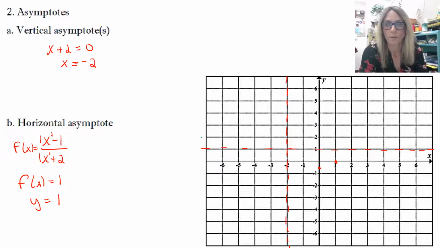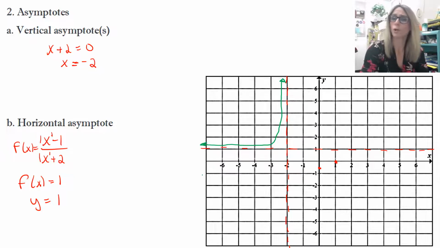Because the values are positive, we want to get close to our asymptote. I'm doing the best I can here. So it's going to look something like this. We are getting closer to the asymptote, so do the best you can there to get close. Notice those values are positive and they approach the asymptotes. On the other side, we do have to go through these 2 points. So we know it's going to look like this. We know that we're negative between those two. We also know we're negative to the left of x being 0, and we have to approach an asymptote. So we're going to come down here,